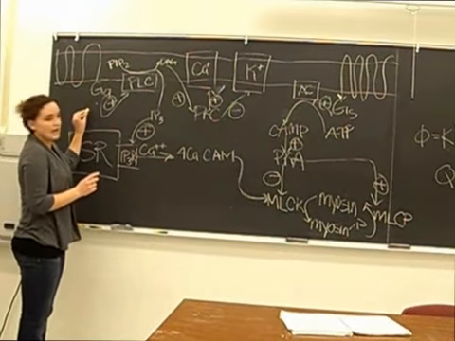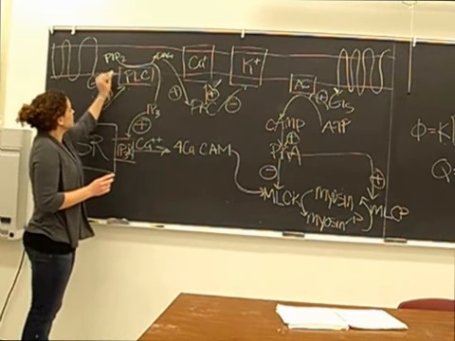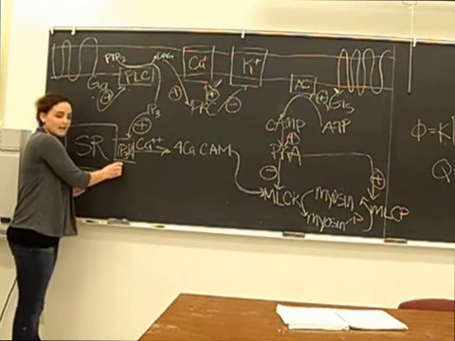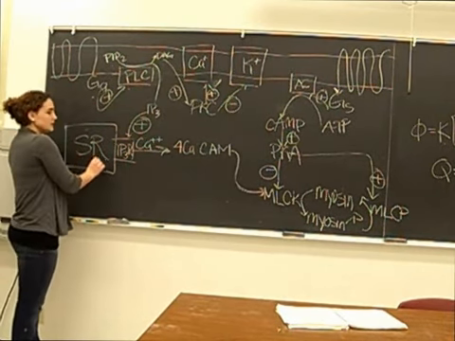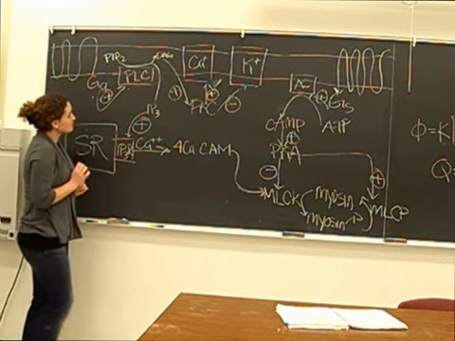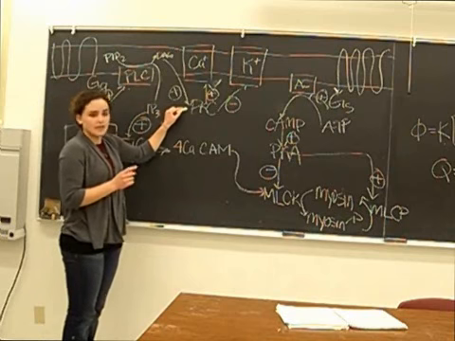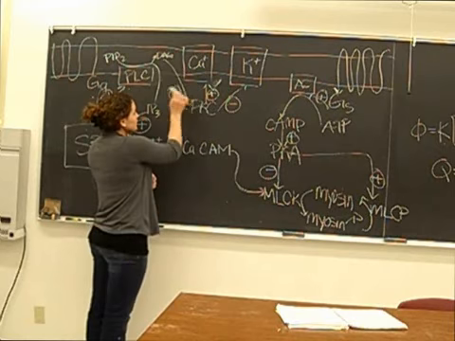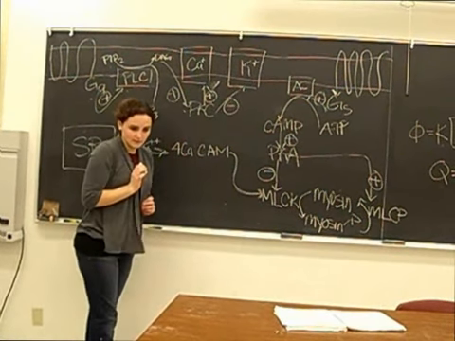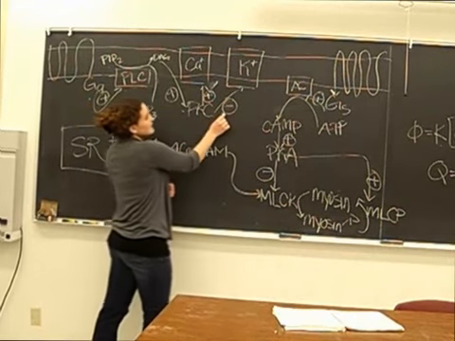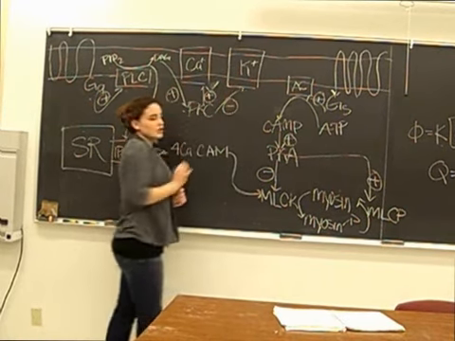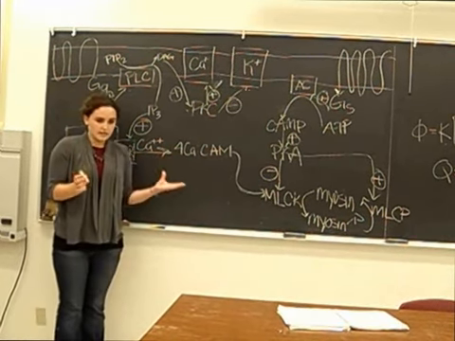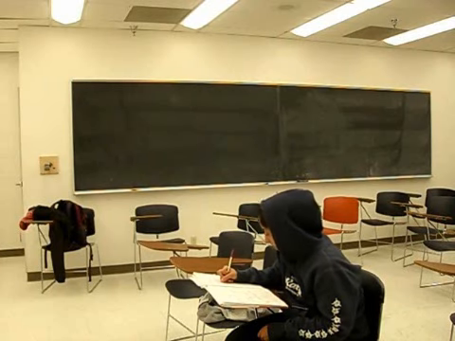Okay, so the first one we're going to look at is the GQ pathway. The GQ protein, when activated, activates PLC, which cleaves PIP2 into DAG and IP3. IP3 acts positively on the IP3R receptor, which increases the release of calcium into the cytoplasm. DAG, on the other hand, acts positively on PKC, which acts positively on the membrane calcium channel to increase the influx of calcium from the extracellular fluid. And it also acts negatively on the potassium channel to decrease the outflux of potassium. The net effect of these events is an increase in intracellular calcium. Now we're going to be moving on to talk about the